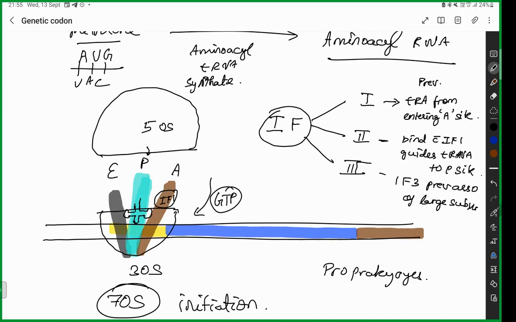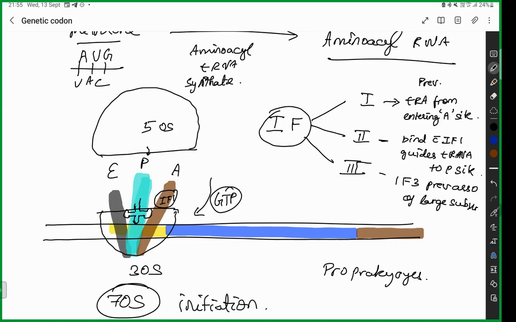So such that the incoming, now just remember, I told you, in this diagram, the tRNA in the middle, forget that one. Think of it as if there is no tRNA. Now you have an A site which is going to have initiation factor 1. Next, this is going to prevent the incoming tRNA from going to the acceptor site. So the remaining are your peptidyl site and exit site. Correct? Usually nothing goes to the exit site.